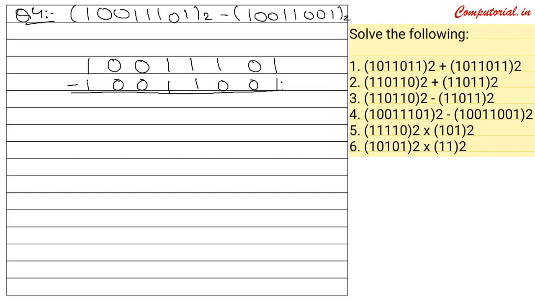Well, solving this question is the easiest part. When you will subtract this, it will be 0. It will be 0. 1 minus 0 will be 1. This will be 0. This will be 0. This will be 0. This will be 0 and this will be 0. That's it. Now we can write the answer. So it will be 5 times 0, 1, 2 times 0 with a base of 2. That's it. So we have successfully solved our 4 questions.